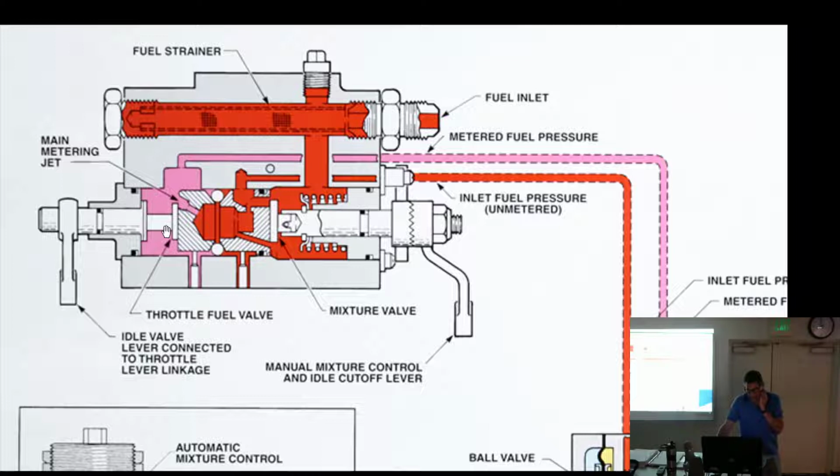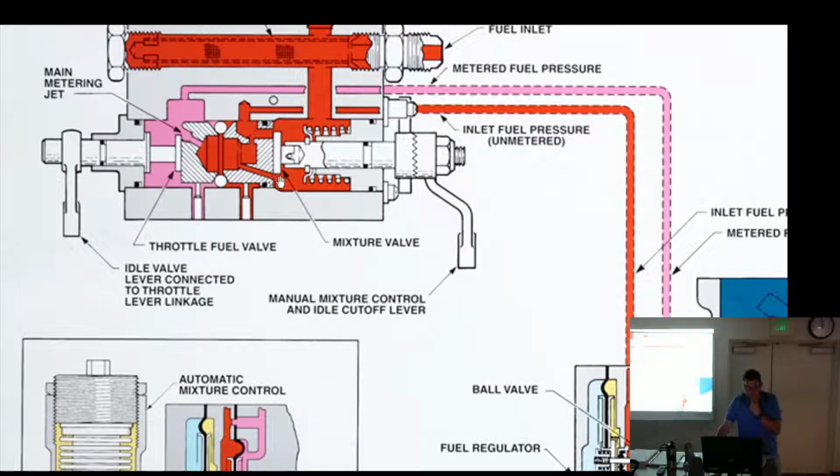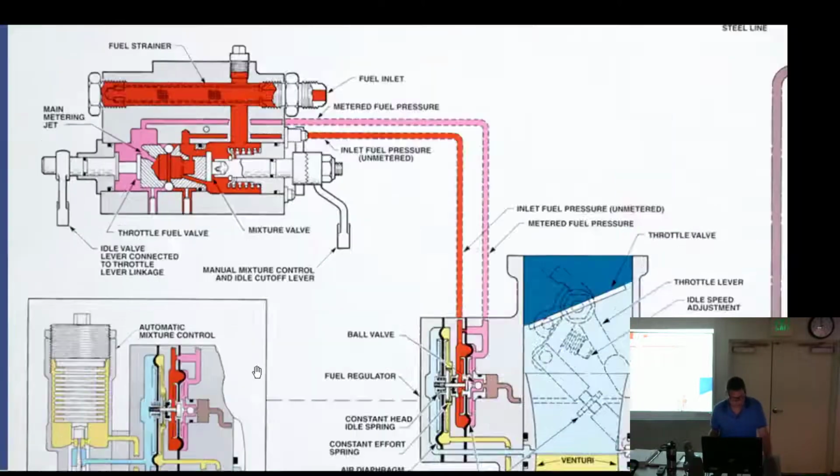We've touched on the enrichment system. It'd be a parallel jet in here, which I don't see a representation of. Manual mixture control. What did I write? It effectively reduces the size of the main metering jet. So when you're using the manual mixture control, is it oval, or is that how it shuts it off when you turn it? There's the holes and discs in there. Oh, okay, gotcha. So whenever it turns, it's going to either...